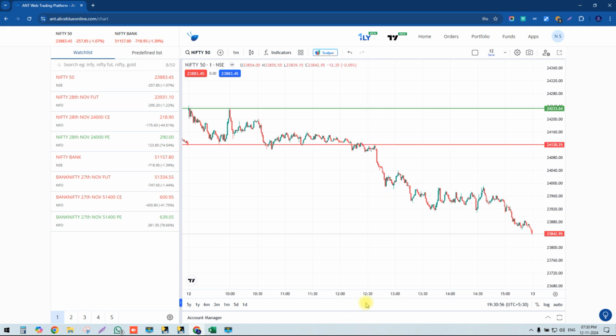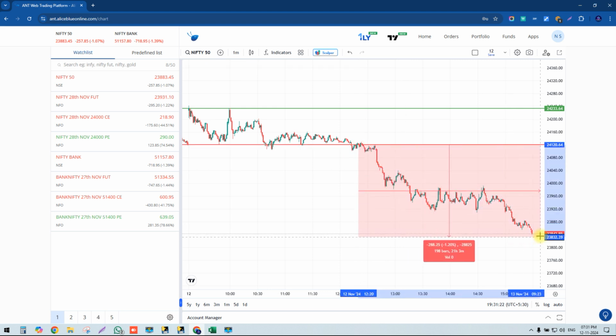Okay guys, somewhere at this point the sell was generated here. So, as I told you, the market has fallen so much today. The market was totally bearish today. At 12:30, our breakout strategy got the sell level here, and the market fell down totally bearish. Almost 280 points the market was down today from our breakout levels.